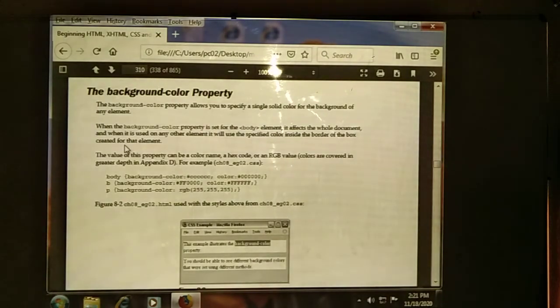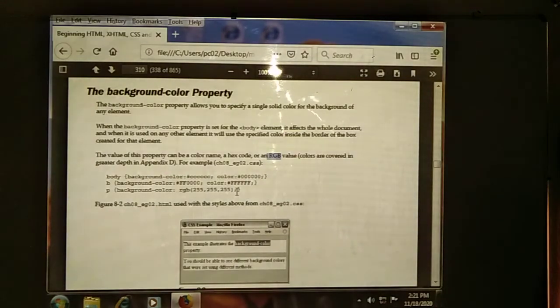Whenever we are applying colors in the color property, we need to consider how many ways the values can be set. In 3 ways. First, we can use the color name, and also we can use hexadecimal values, and RGB. RGB values range from 0 to 255. In between only we need to consider the values.